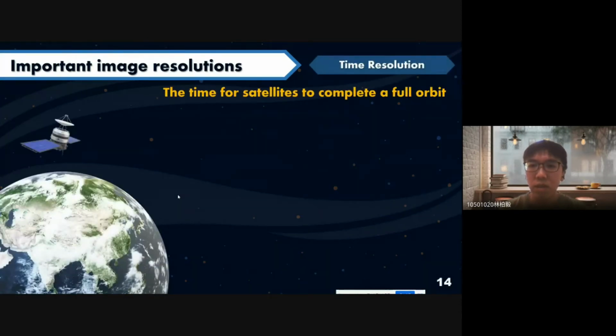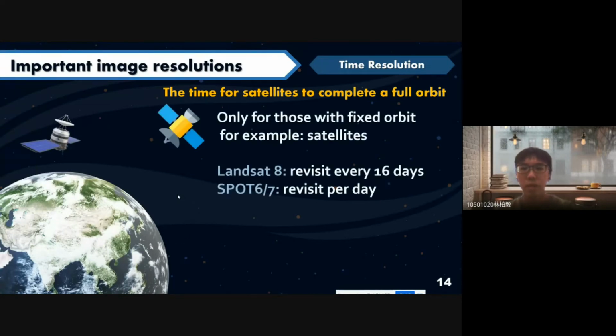And the final one is the time resolution. Is this the time for a satellite to complete a full orbit? This is only for those with the fixed orbit, for example, the satellite. For Landsat 8, the revisit time is per 16 days.